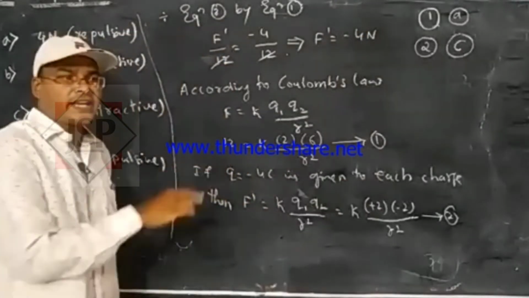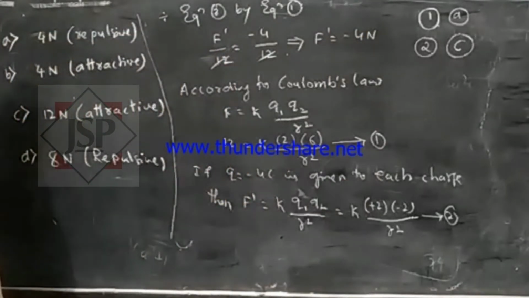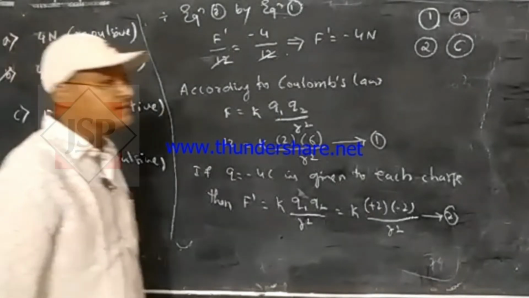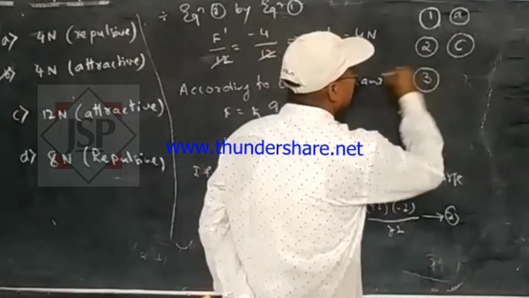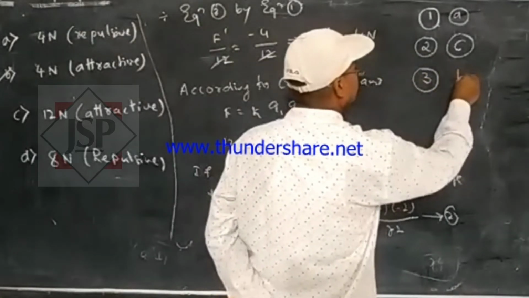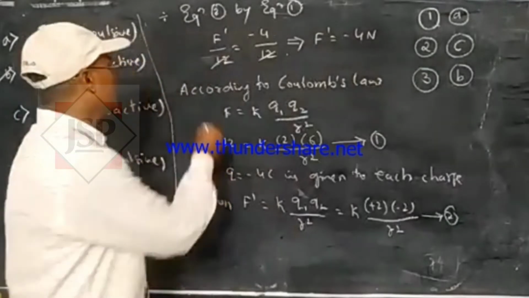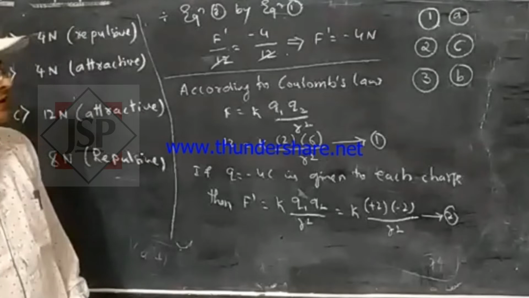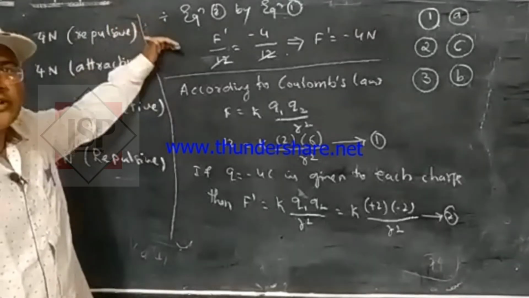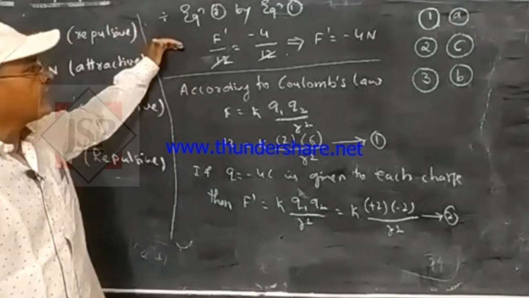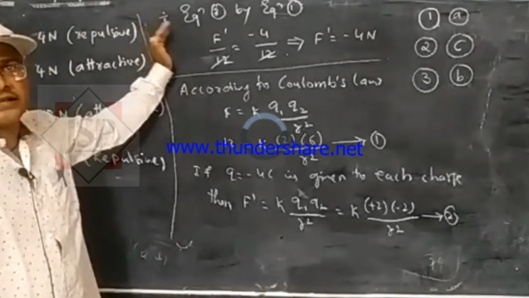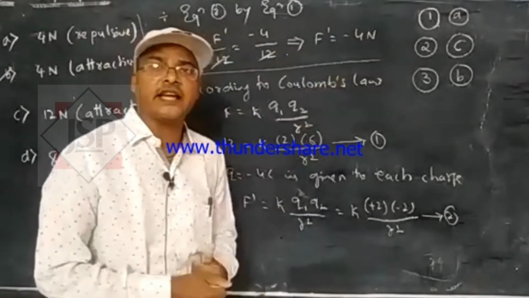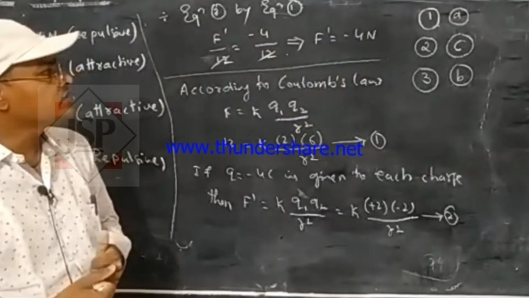The negative sign says that it is attractive. Because of that, option B is correct. That's why the third answer is B. I hope you understand the steps, because it's an online class, so you have to understand stepwise so that you can get the answer correctly. The negative sign indicates attractive, and with a plus sign we see that it is repulsive.